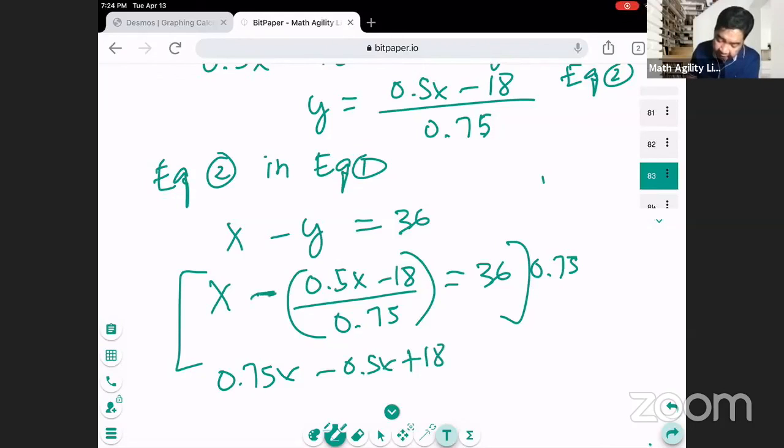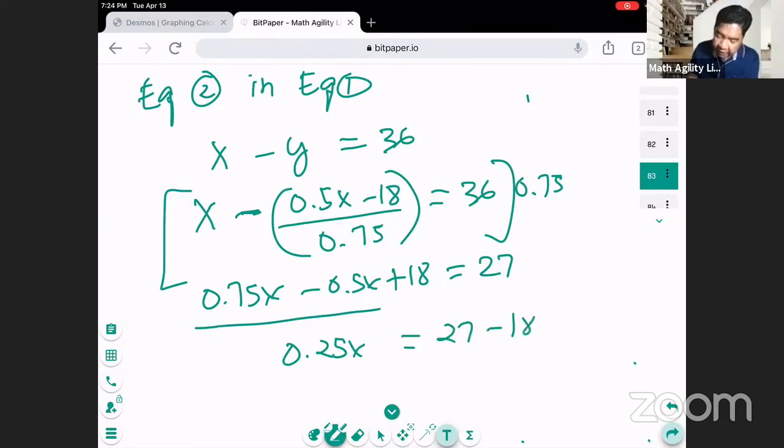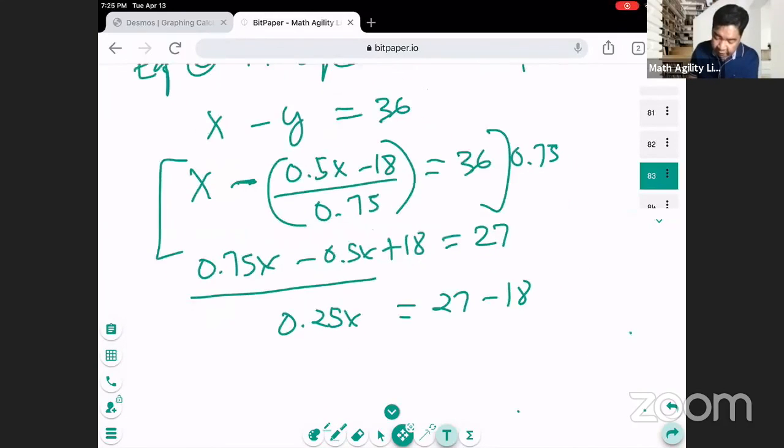Because this is negative, equals 27. So let's transpose constants to the right. And let's combine first these two. So this would be 0.25x. And let's transpose 18 to the right-hand side of the equation. So the positive becomes negative, right? When we transpose numbers. So this would be 0.25x equals,